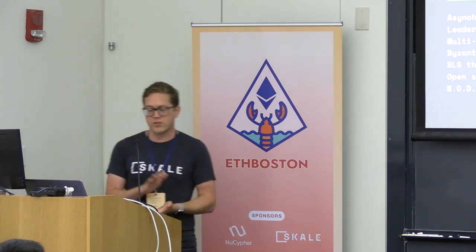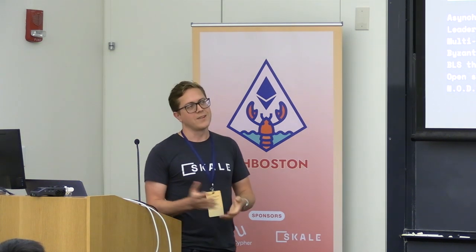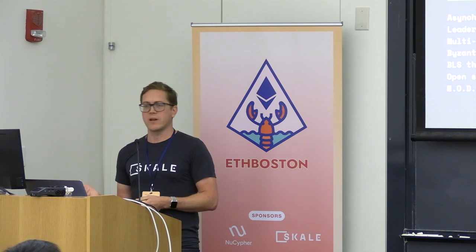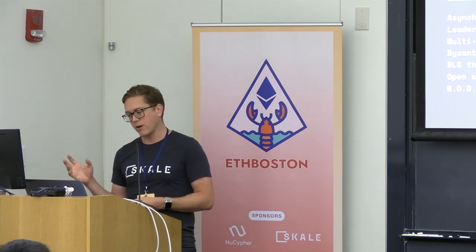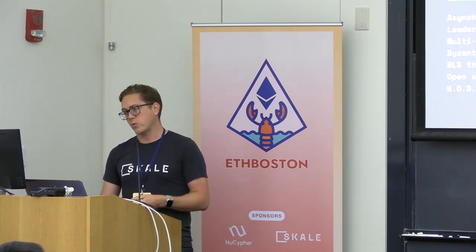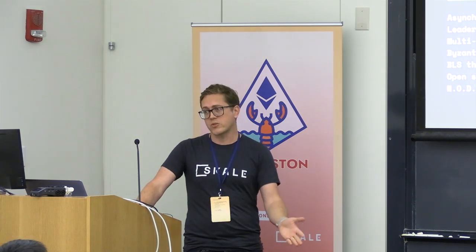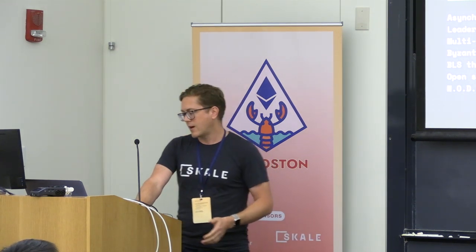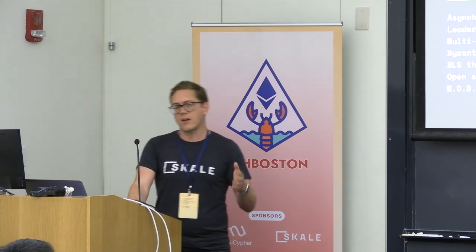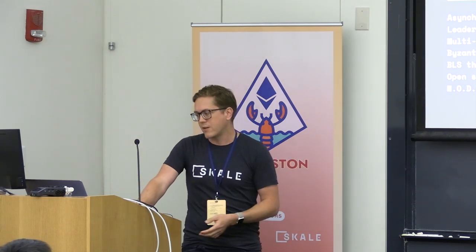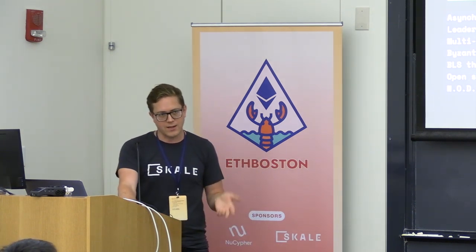We use BLS threshold signatures, which is arguably a form of Byzantine cryptography that provides security assumptions around data availability for our SKALE chains. And we are open source. A lot of our technology is fully open source right now on GitHub. We have plenty more that's open sourcing in the next couple weeks. And all of our technology is under the umbrella of the Node Foundation, the Network of Decentralized Economics.